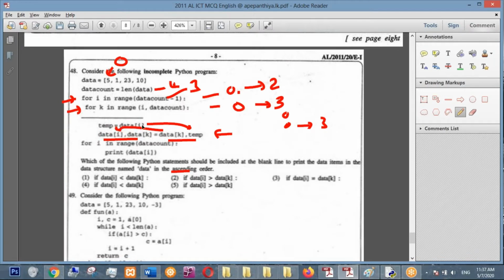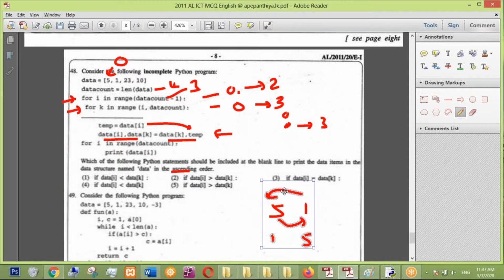Right now in temp we have data[i]. So this is basically, if you have two numbers, let's say 5 and 1, this is swapping these two values. So 1 will be here, 5 will be here. Okay, so remember that, right? Remember that, and I saw that most of the papers,